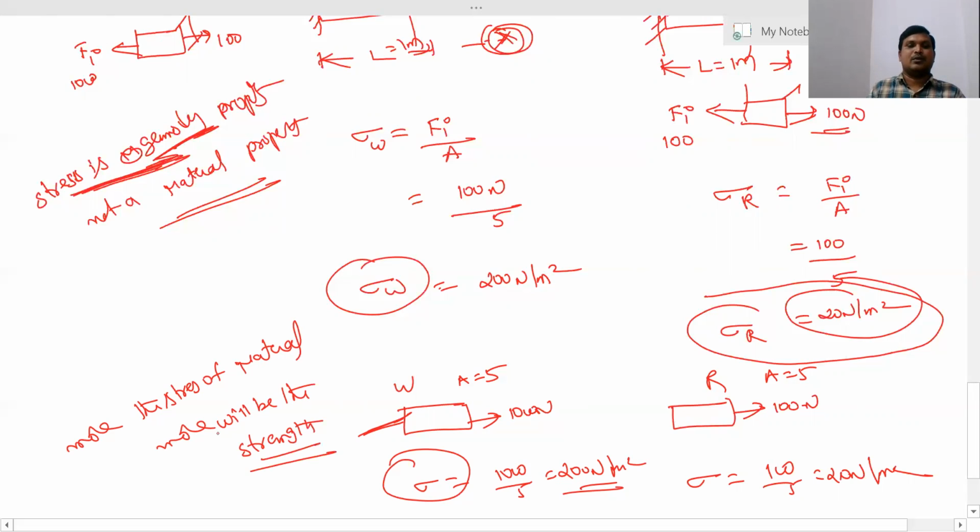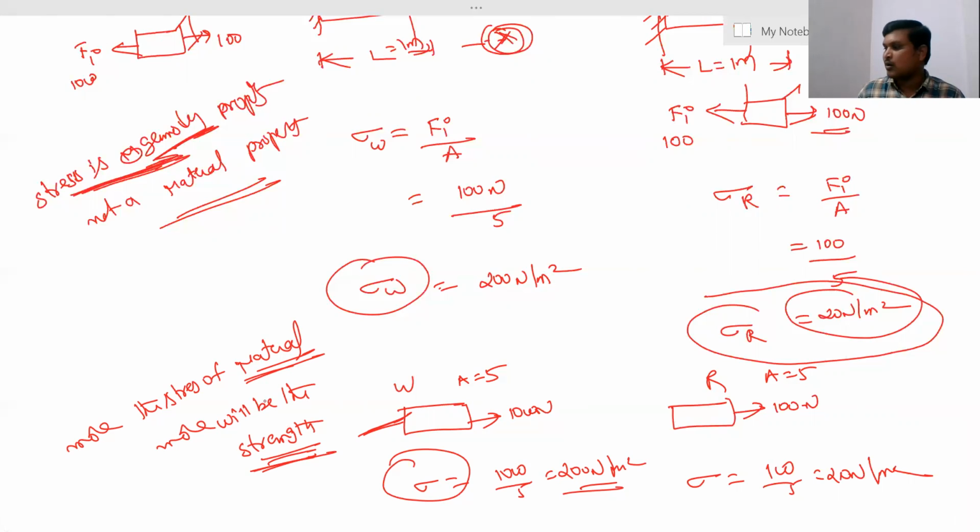Is it clear? So higher stress: if a material withstands a higher resistance force, or higher resistance stress, that is called high strength of that material. Strength of a material is nothing but the maximum load which any material can carry without undergoing failure. So strength is nothing but the maximum magnitude of stress. Is it clear? Now we will go for